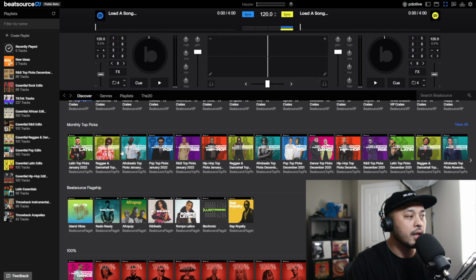Then from there, you have their monthly top picks. And as you can see, these are dated by the month. So you can see these are brand new. Right now, it's just the beginning of February. So you just have the lists from January, and you can also scroll all the way through. You see some from the previous months, and they cover a wide range of genres, which I really appreciate because I may not be fully versed in what the hottest reggaeton or the hottest Afrobeats is right now, but I can get a nice little look at what Beatsource picks as some of the best songs in the genres